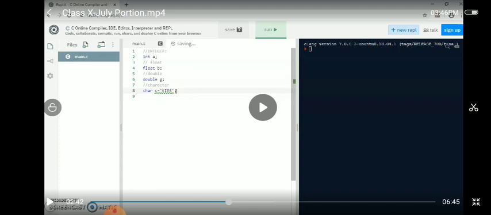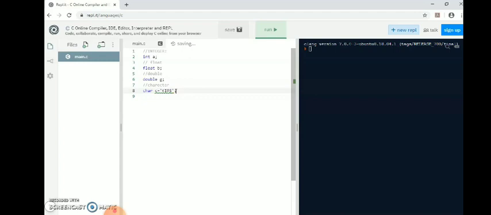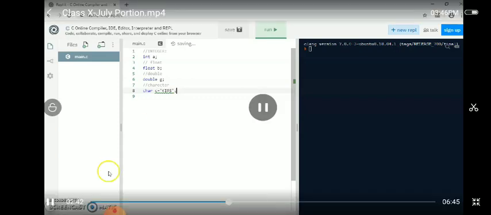Since it is character, I put the quotes. If it was a number, you would have just initialized like integer A is equal to 15 semicolon. Or if it's a float value, if you want to find a percentage, float percentage is equal to 86.1 semicolon. So please note: data type, variable name, equal to, value. After the value, you have to put a semicolon. That is how you initialize.